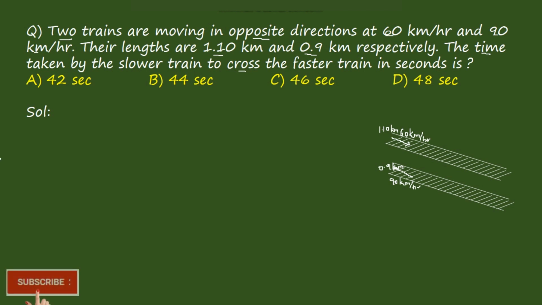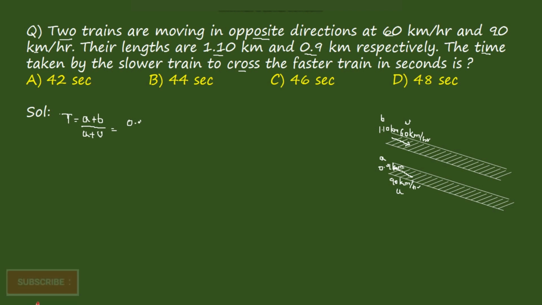So we know the general formula is nothing but time t, right? Time t is equal to (A plus B) by (U plus V), right? So we are just applying the formula. If you consider this one as U, and this one as V, and this one as A, and this one as B, okay. If you substitute the values, it becomes